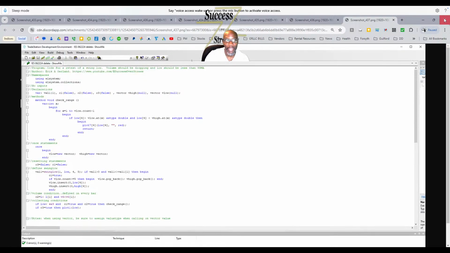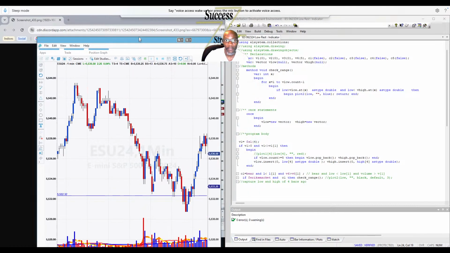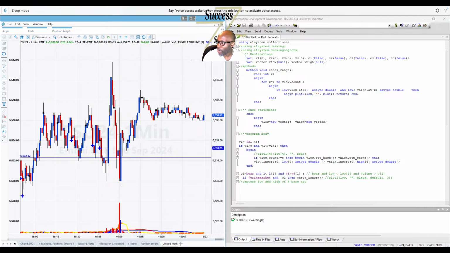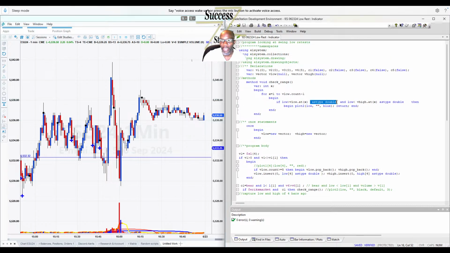All right, get out of here. All right, so like I said, I certainly learned a little bit while I was working on this. So again, one of the key takeaways is that you do need to assign the type of data that's coming out of the vector, as type double. Two, like I said, when you're doing your if statements, just try to make it one statement instead of splitting your if statements up into several different if statements. Three,